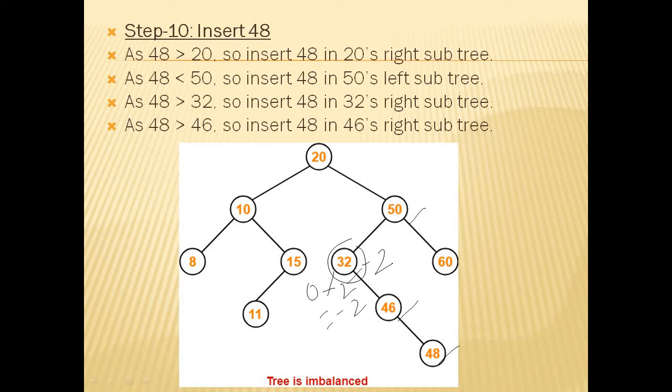You are supposed to calculate the balancing factor from the lowest level, meaning where the insertion happened. For that we need to check it. If it is okay, then we go with the next. If it is okay, then go with higher levels, like that. But here only I got the problem. Here the balancing factor is minus 2. And which type of rotation do we need here? RR. RR rotation is nothing but anti-clock rotation.